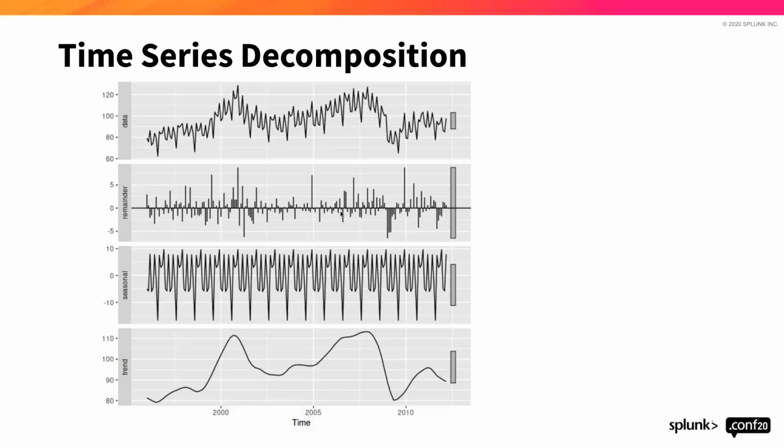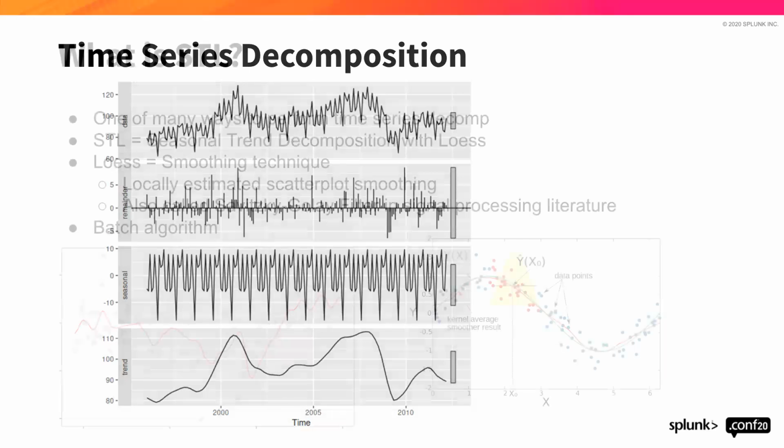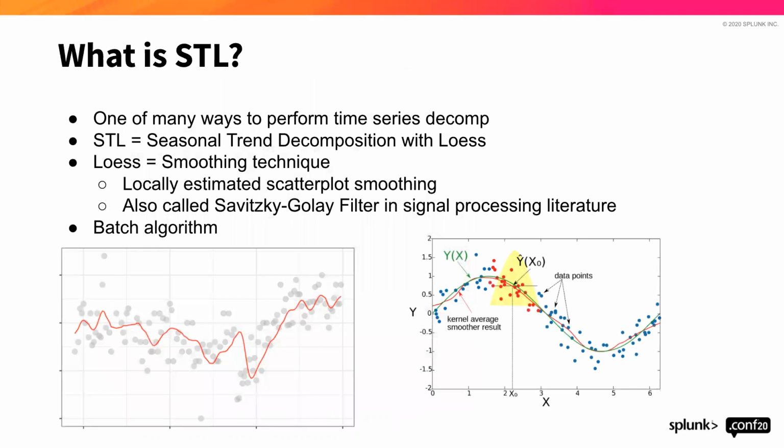Now, this is one way to decompose the time series. There are many other ways to do it. But what is called seasonal trend decomposition using Loess, STL, a very famous R package, does essentially this, right? You can think of trend computation as basically some kind of local smoothing. For those people who are familiar with signal processing, this is kind of called the Savitzky-Golay filter, if you're familiar with that. STL is a batch algorithm that applies a variety of filters in a sequence of operations in a batch fashion